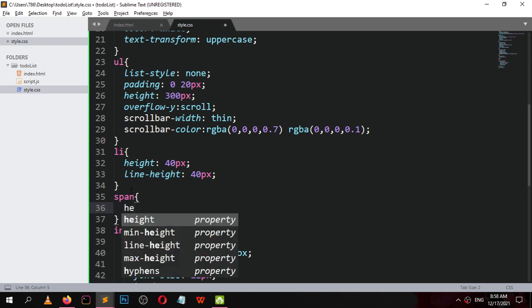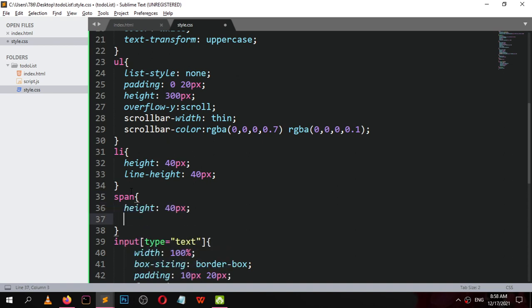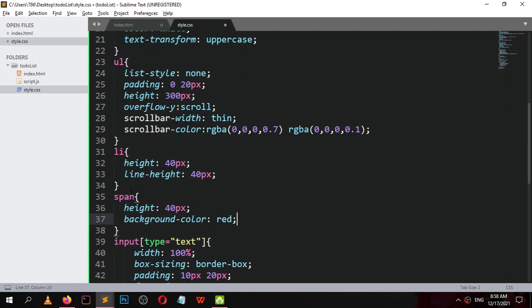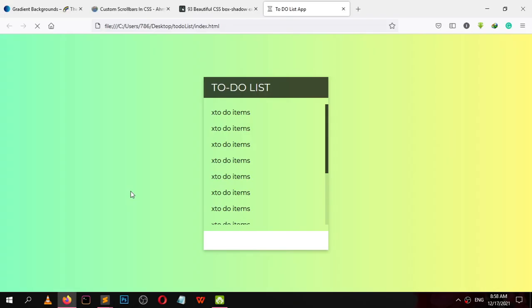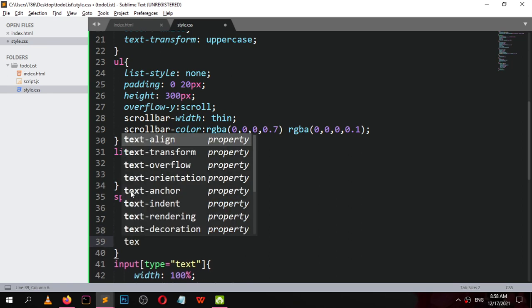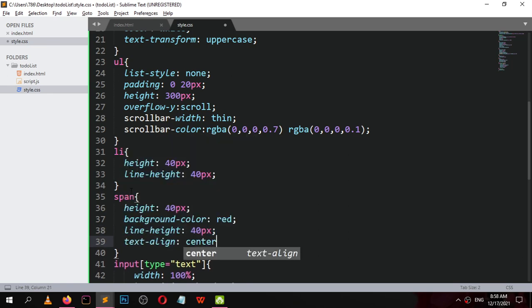give it a height of 40 px. Background color is red. Line height should be 40 px. Text align center.